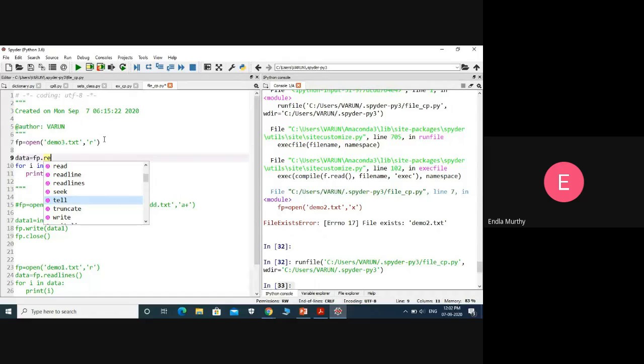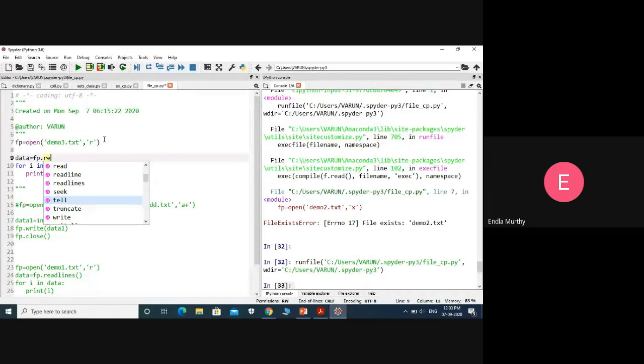So for example, I have only hello, H-E-L-L-O, so four positions. That means I have only four letters. Four positions are filled, and currently I am in the fifth position. So whatever letter you enter into the file goes into the fifth position. To know that, we can use this tell.